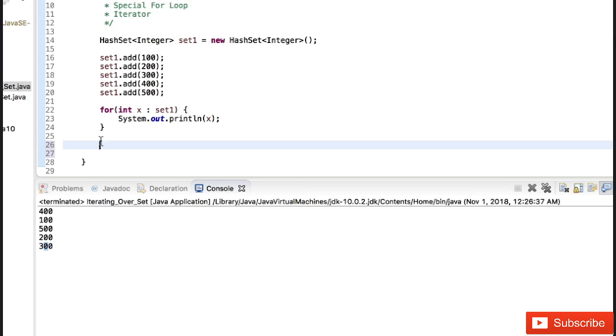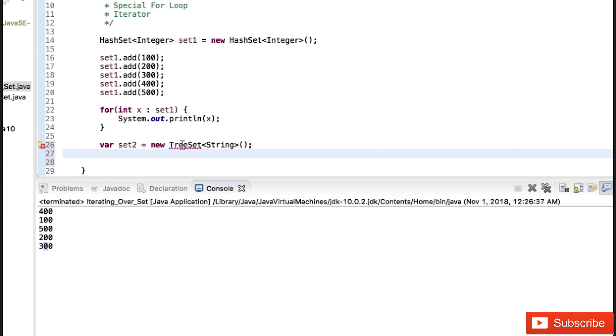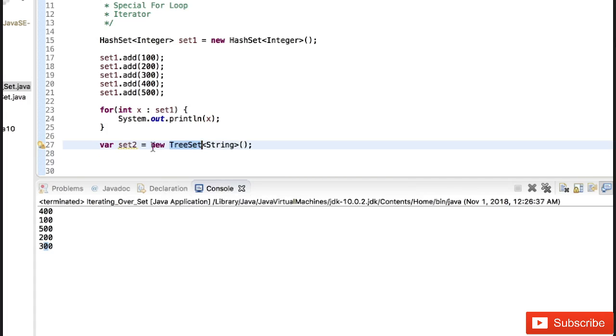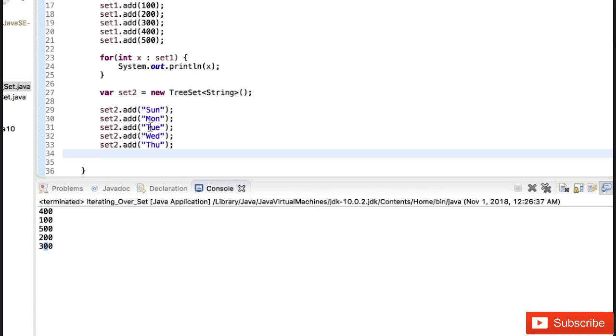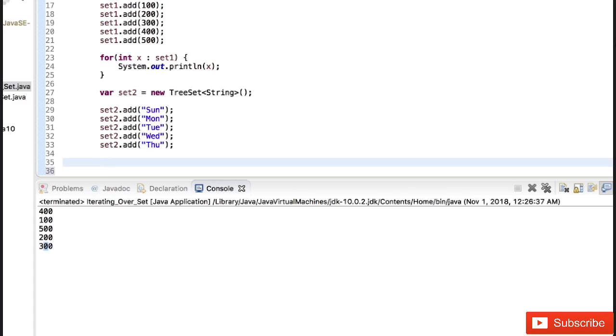Now let's create another collection. Let us say TreeSet. Say var set2 is equal to new TreeSet, and let's add string values over here, and let's also import the TreeSet. I'm purposefully using different ways of declaring the object so that you get all the different ways that you can create the objects, by using the var keyword, or by using the reference type, or by using the reference type of the parent interface, which is Set in this case. Now let's add some elements to the TreeSet. So we have added Sunday, Monday, Tuesday, Wednesday and Thursday,